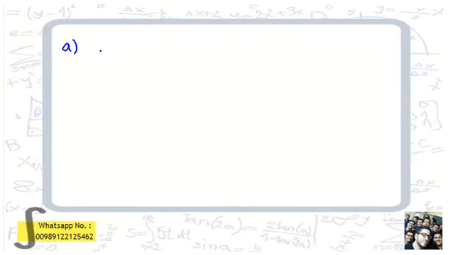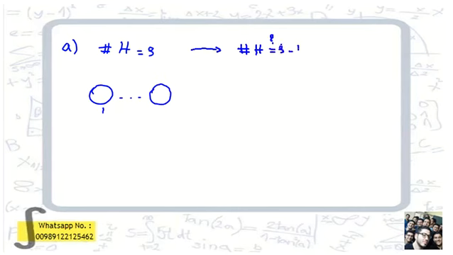So suppose that the number of H's equals S, and now we want to show that after one step, two steps, or more finite steps, we can reach the case where the number of H's equals S minus 1. So